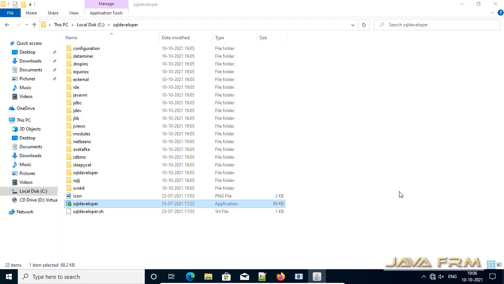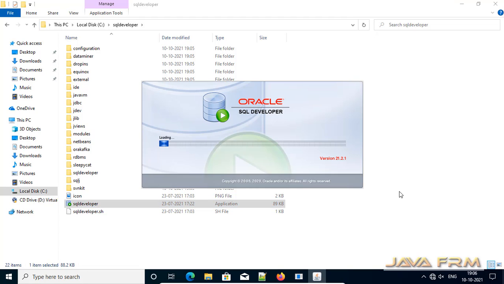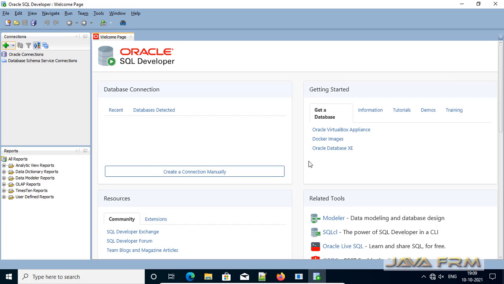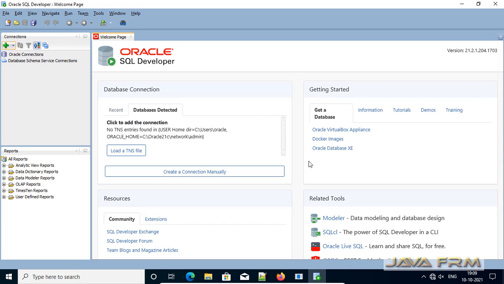Make sure that you have downloaded and installed the latest SQL Developer. So I am connecting with Oracle SQL Developer 21. It is the latest one, used to connect to Oracle Database 21c.